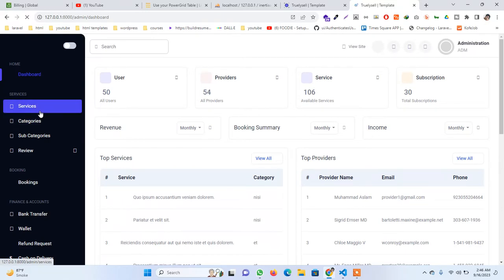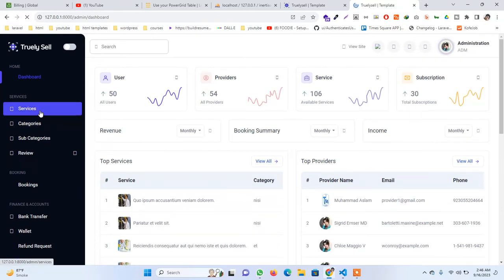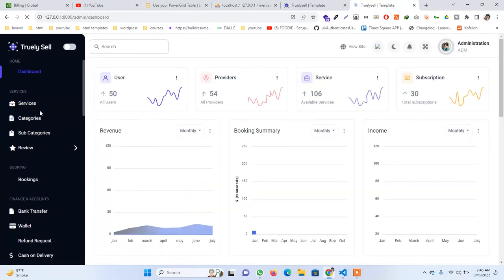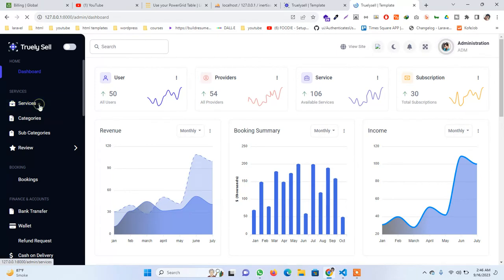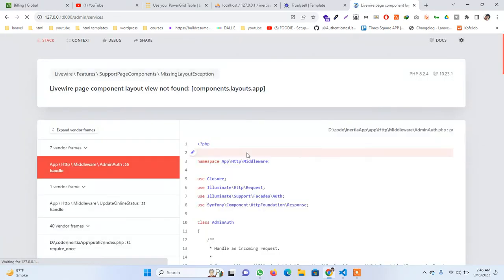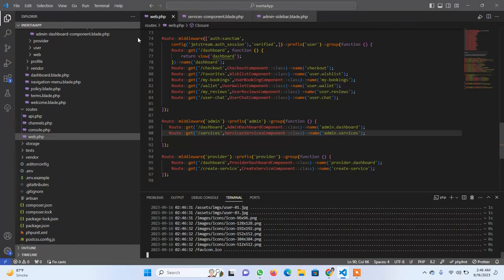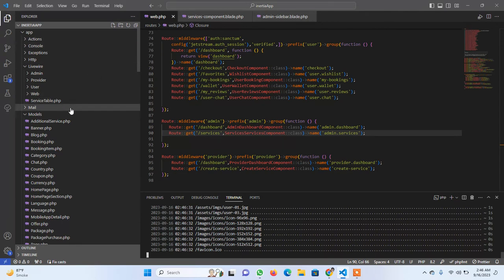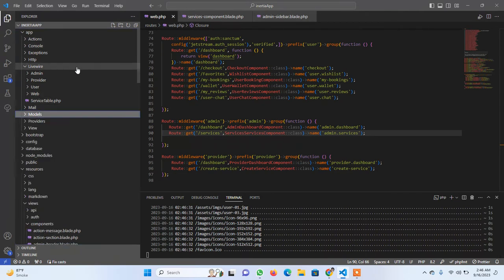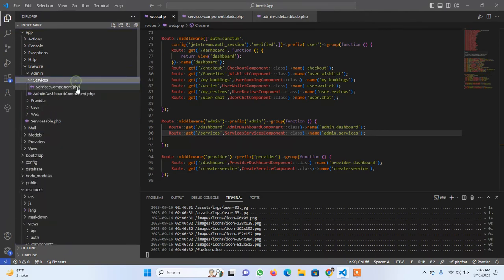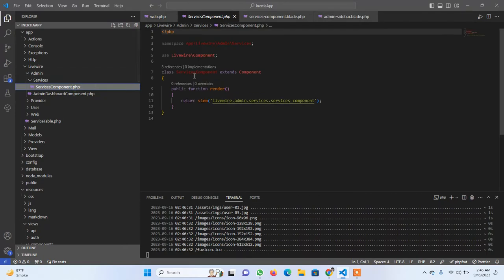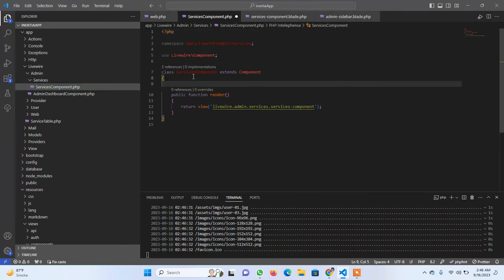Here I have to go to my services. Okay, let's go to my service component. This error comes because in my services I have not initialized my layout. For that I have to